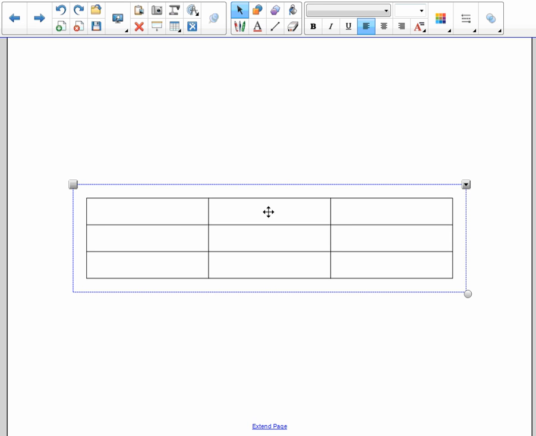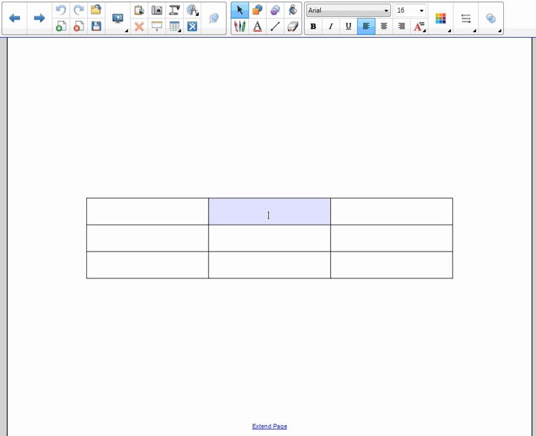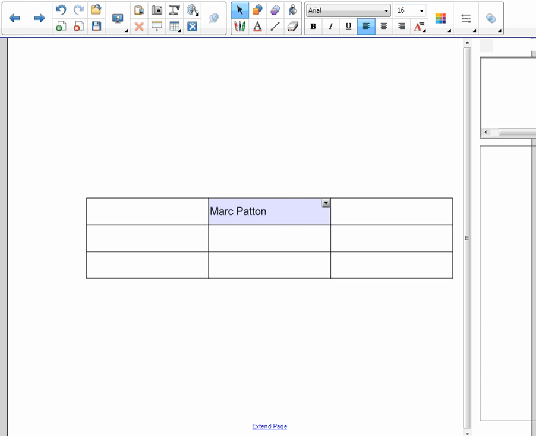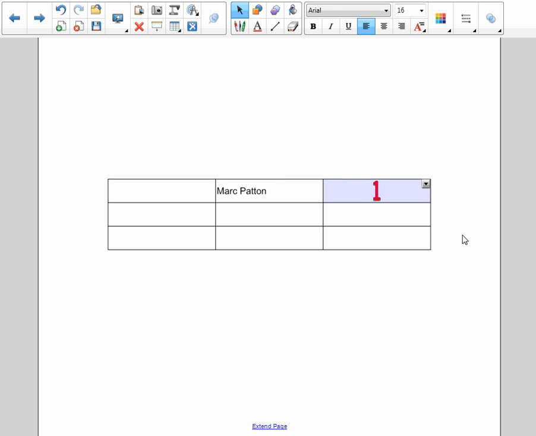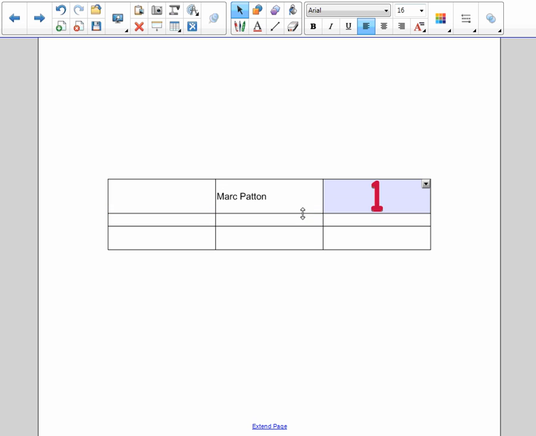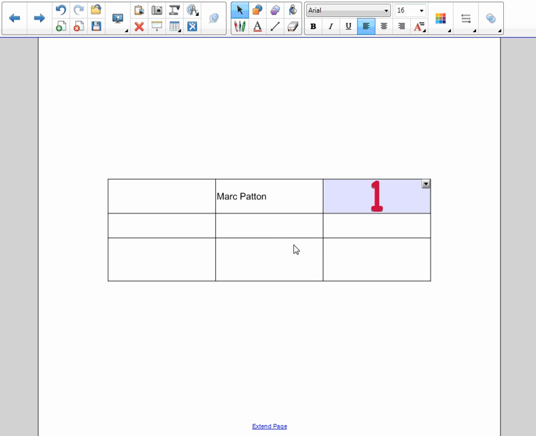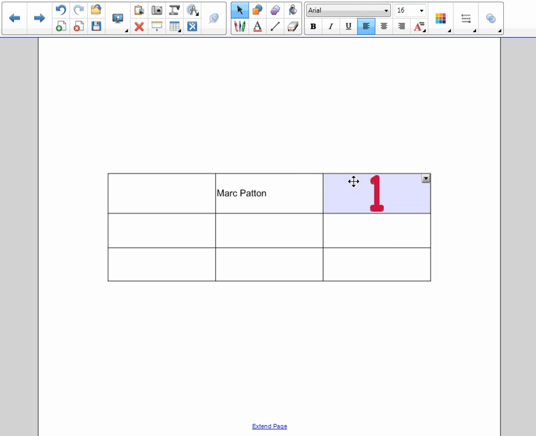So, for example, if you have to type inside of a cell, you just click twice in there. And then as you are typing, you get all your word processing tools at the top. They just magically appeared up there. And another interesting thing about the table tool is that you can drag and drop other objects into there, and it will customize the size into that cell. You can always change the size of the cells as well, and the size of your table. So it's